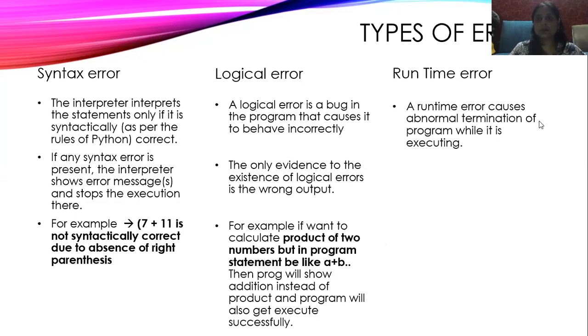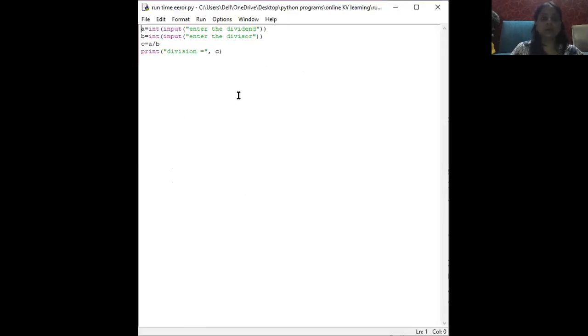See runtime errors. A runtime error causes abnormal termination of a program while it is executed. Now, abnormal means something which is not normal, which is not in the sequence. Now, let's take an example for the runtime error. Here is a simple program, division of two numbers and printing of this division. There is no problem, not even a single mistake in syntax, not even a single mistake in logic,